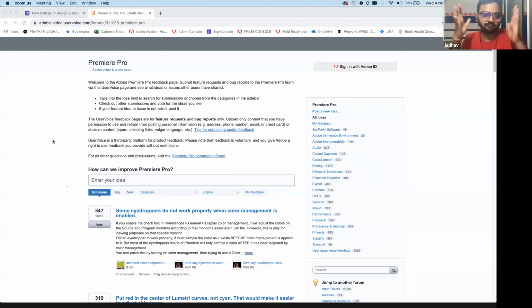But generally there is this forum in which thousands of people suggest features, and the team will see which is a common feature that many people are requesting. For example, scene detect. Scene detect was expected for quite some time, and there were so many people around the globe. They consolidated that, and then the feature was incorporated. It's not that one person said the feature should be there and it was incorporated. This is my understanding. We'll try to see which is a very common request that will save a lot of time and complexity. So I'm not able to answer it 100%, but as of now, it's good. Yeah, thank you. Perfect, thank you.